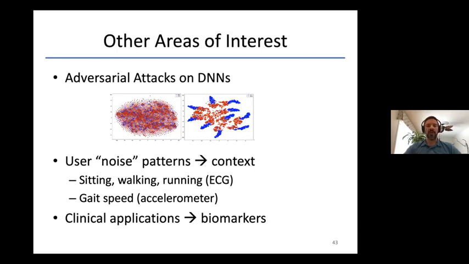If you look at the noise patterns in the accelerometer, like I showed in the slide, you can actually get information about the gait speed. And of course, this is focusing on the use of these wearable tools to track user states or emotional states. If you take out the emotion and you just look at states in the sense of biomarkers, for example, then another area of research that we focus on is on using these tools as biomarkers in clinical applications. So we're looking at anxiety disorders, we're looking at Alzheimer's disease, we're looking at depression and so on.